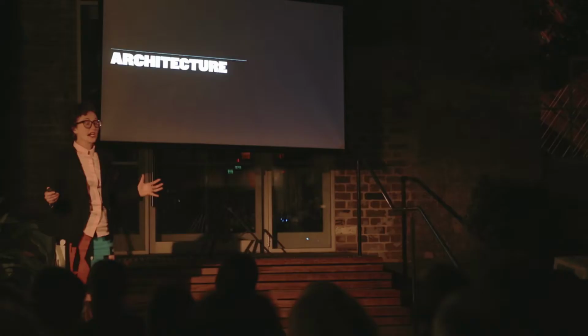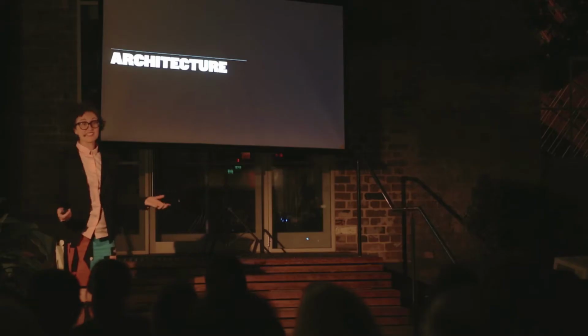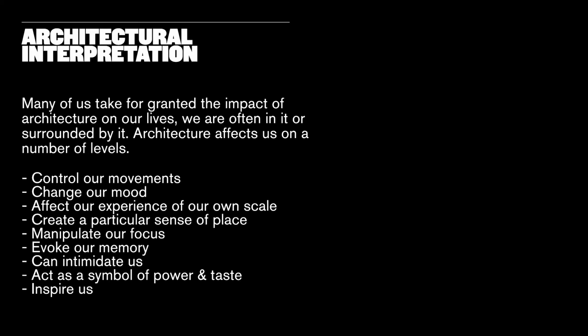So then, and this was the biggest chunk, was interpreting the architecture, and how do we communicate an architect's vision without recreating a space, without recreating the architecture. And that is the most challenging, I have to say. So with architecture interpretation, I guess